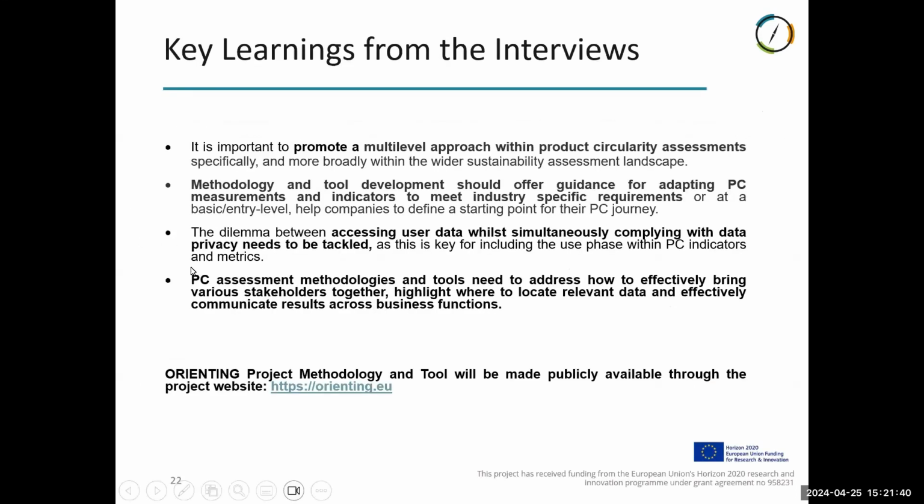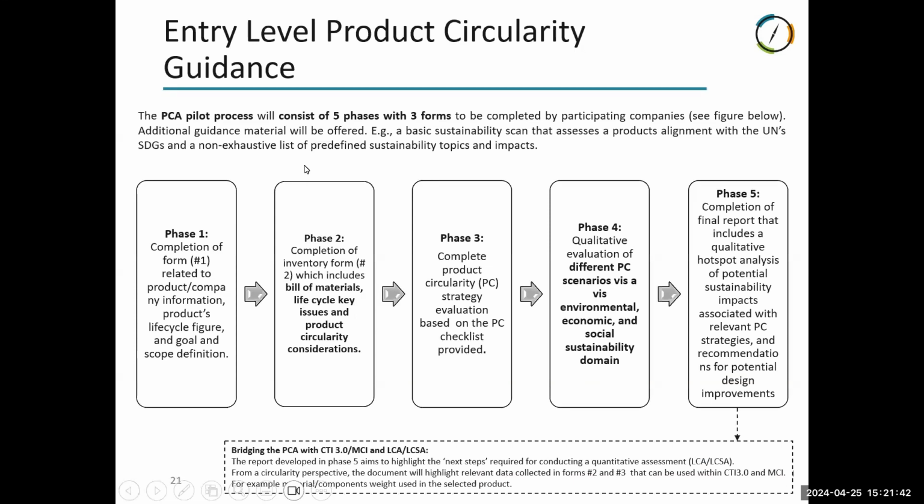The overall aims of this process are to enable cross-communication across different business functions, to gain a common understanding of product circularity, and identify the most feasible product circularity strategies for the selected product, and begin to identify and collect the data required for a quantitative